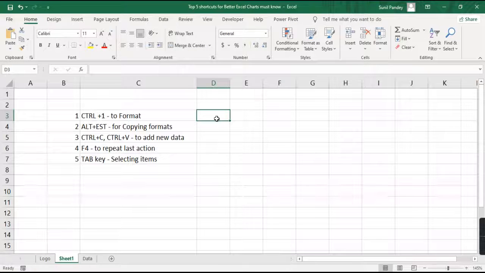F4 is a super easy and very useful shortcut to repeat your last action, and the tab key is for selecting items within the chart. So I hope you understood all the 5 shortcuts in chart.